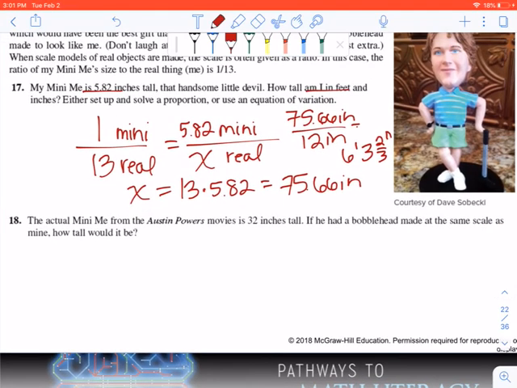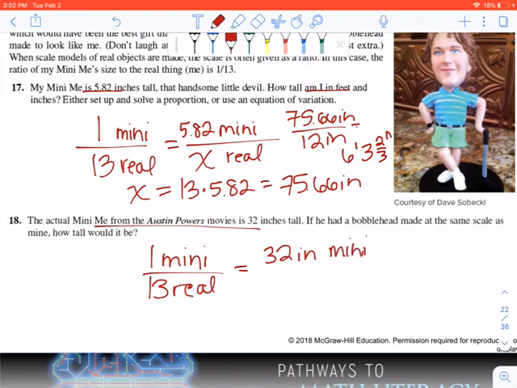All right, so it says the actual mini-me from the Austin Powers movie is 32 inches tall. If he had a bobblehead made with the same scale as this person's, how tall would it be? So if I'm using the same scale, 1 mini to 13 real, the mini was 32 inches. I want to find the real. If I cross multiply, I get